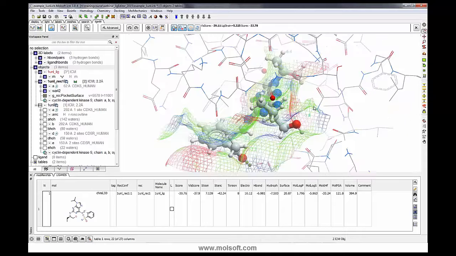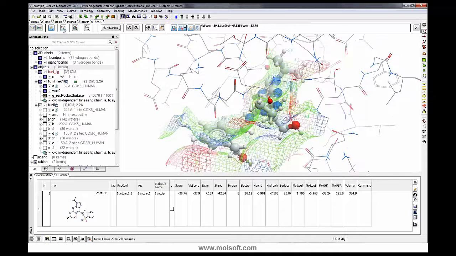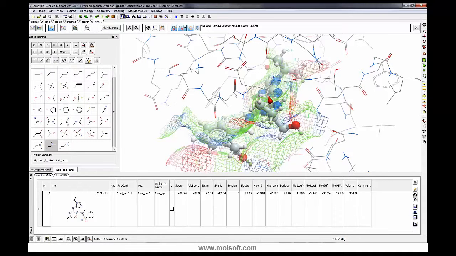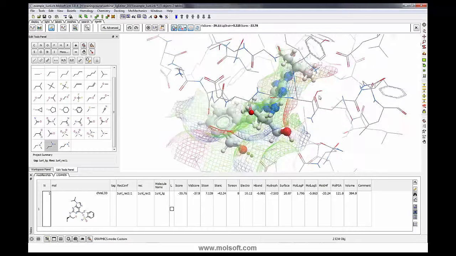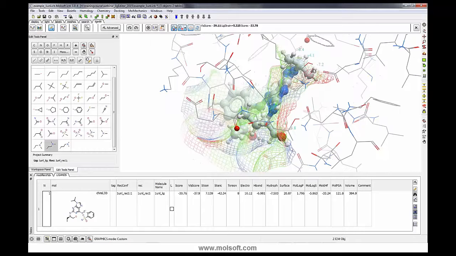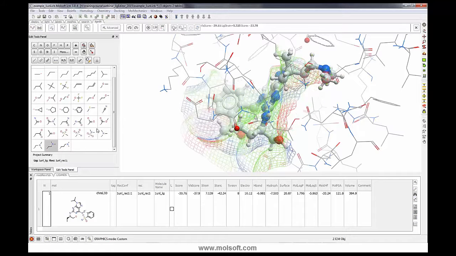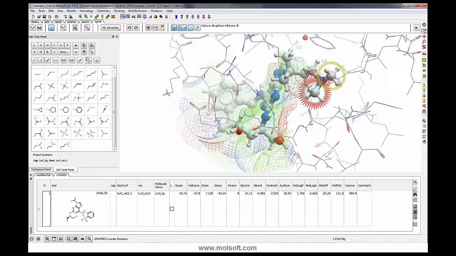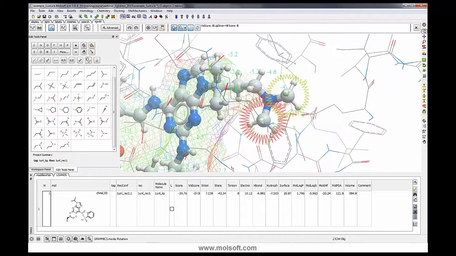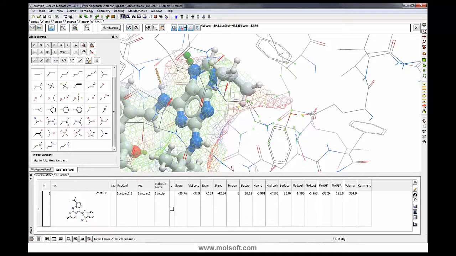So for example, if I had made a big modification to a region where there's no space, or the molecule would have to strain in order to incorporate that substituent. So for example, here, if I click here, if I add this rather large substituent, you see that it flags that there's an obvious clash. It doesn't like this substituent. That's okay, we can undo it and go back to our